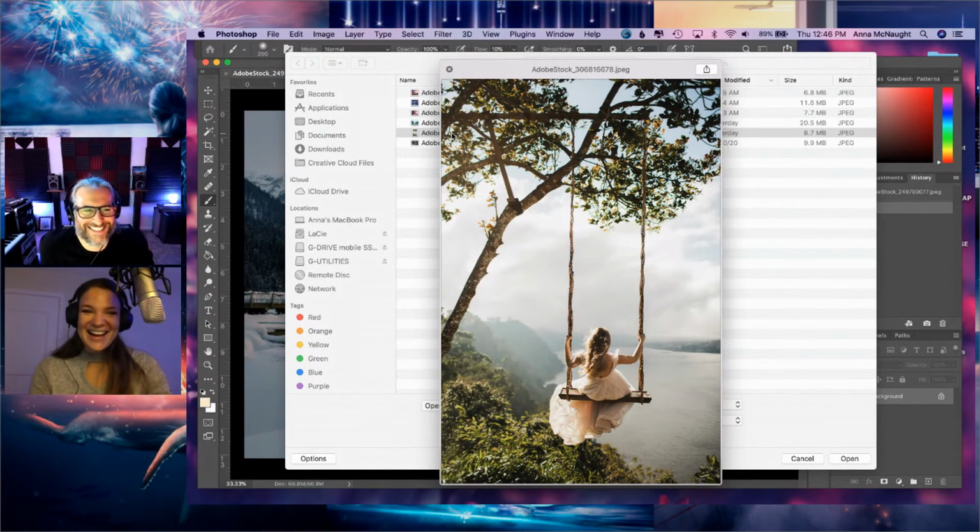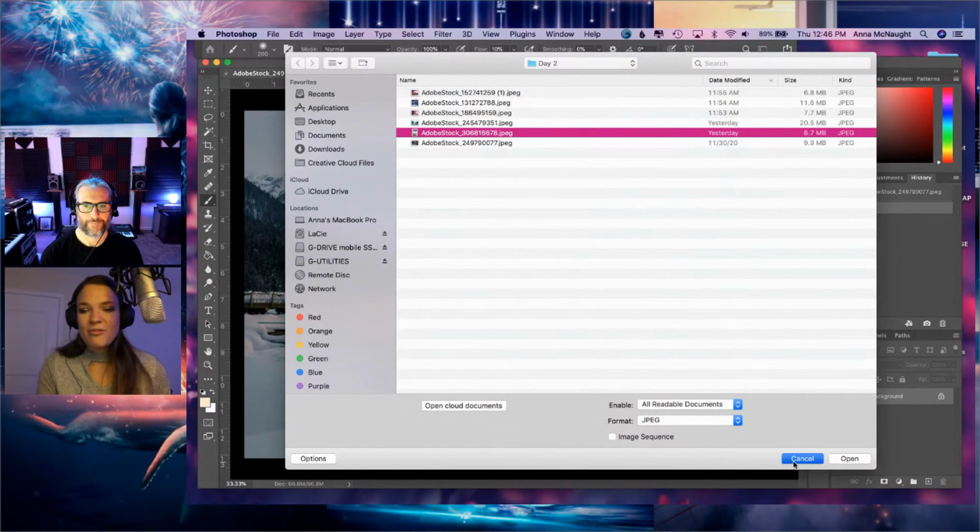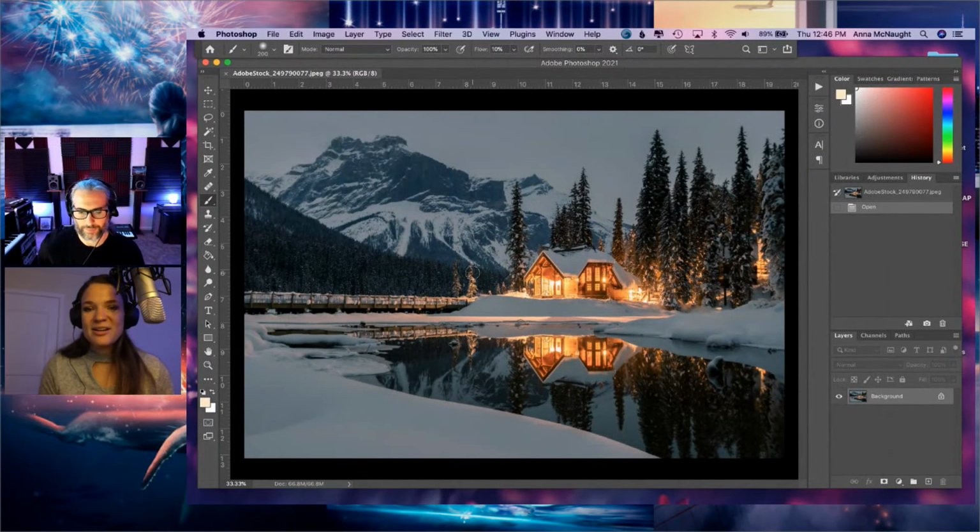Yep. So I have this other image that we could work on afterwards, just for something different. We're going to take this image and do a similar tweak as we did yesterday. If you are a classic lifestyle photographer or editor and you want to take an image from Adobe Stock and edit it in your way, we're going to get into that a little bit, and then turn it into a composite. But I wanted to work on this other one first because I think it will be really fun, especially with Christmas and the holidays coming up, and the snowy vibes, and we can talk about all sorts of fun little elements within this piece. Excellent. Okay, let's go for it.